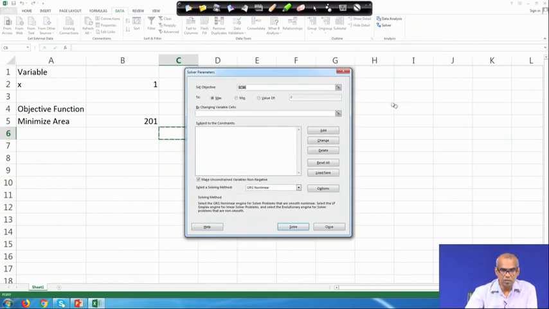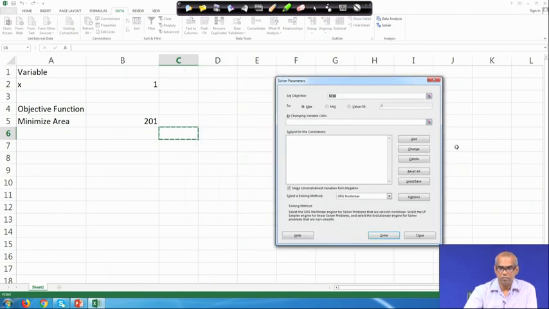Now click on Solver. You get the dialog box for input of Solver parameters. Your objective function is this. Set Objective: click on this cell and then click on B5, which contains the objective function.